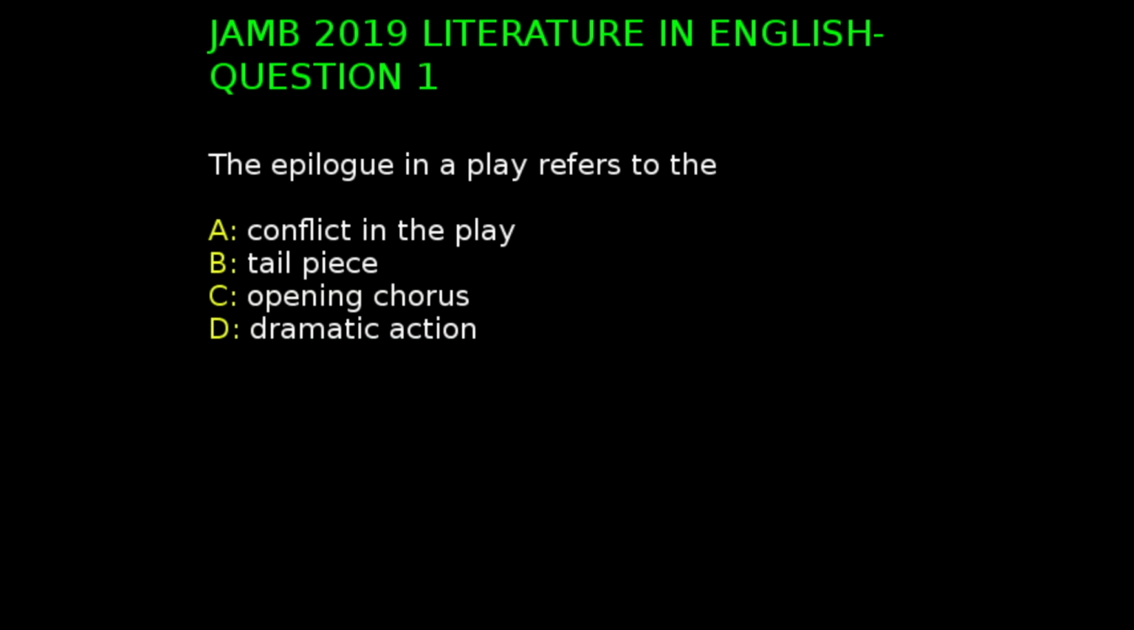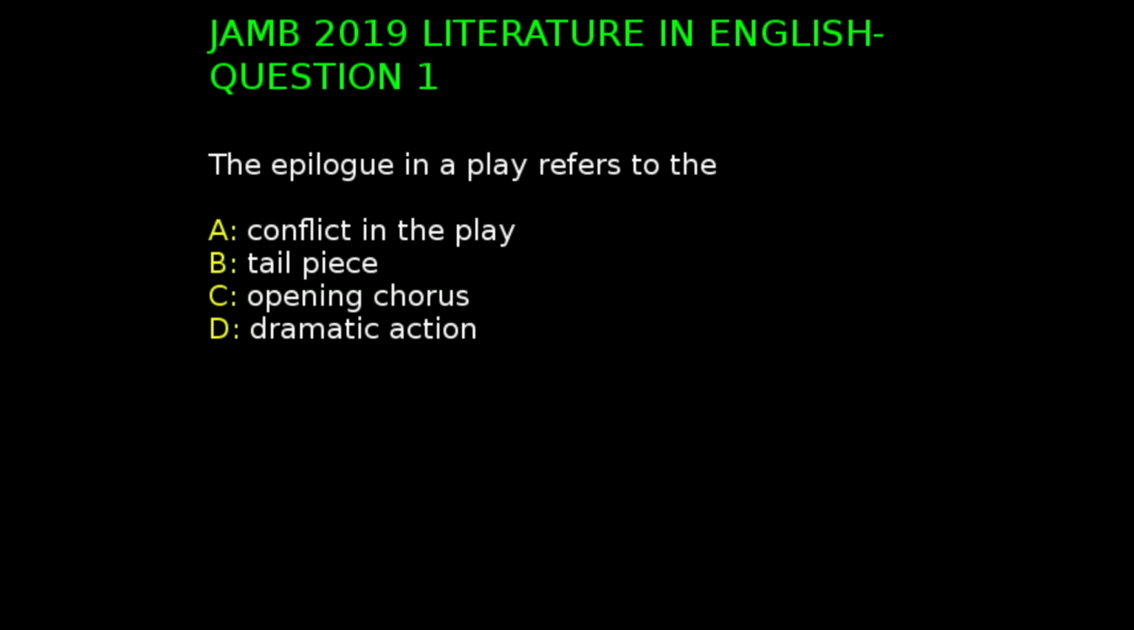JAMB 2019 Literature in English Question 1. The question says, the epilogue in the play refers to. The options given are A. Conflict in the play, B. Tailpiece, C. Opening chorus, D. Dramatic action. To understand and select the correct answer to this question, let us first of all define what an